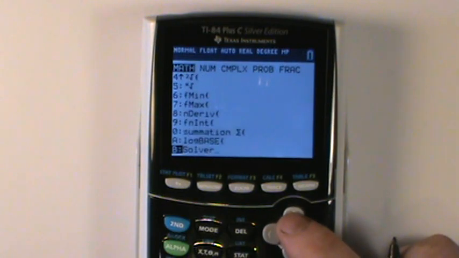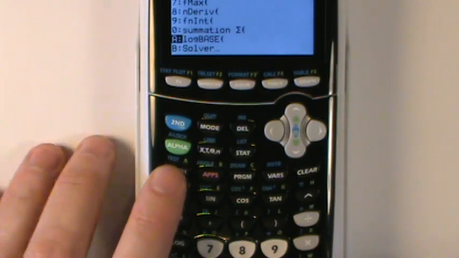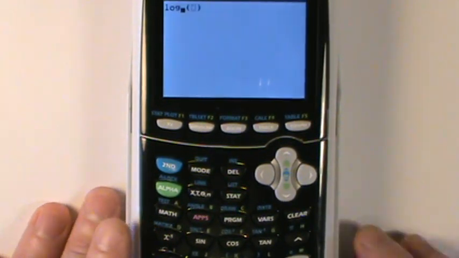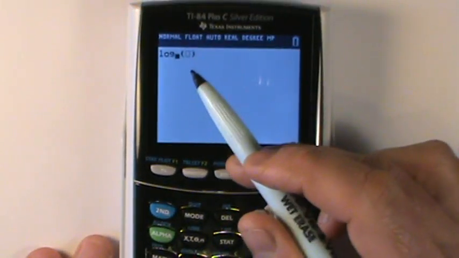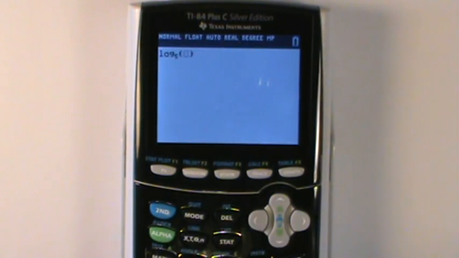Where is that button at? Oh, log base. So what I did was I hit math, and then there's a log base, and what that does is it gives you the structure of everything. So you could put your base of 5 in there, and you can put your 17 in there,